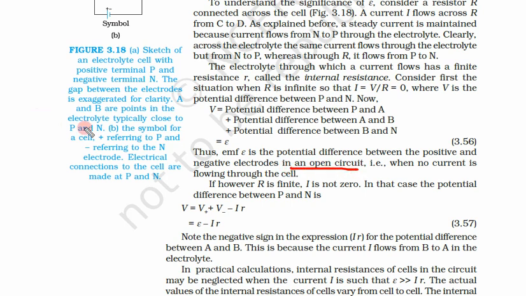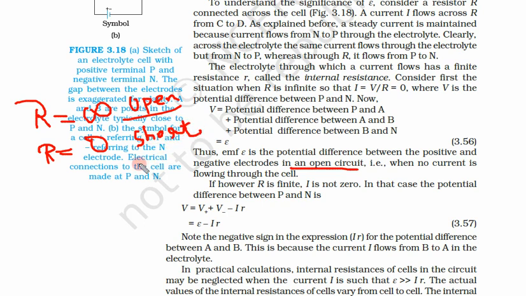In an open circuit, because the circuit was open, R was infinity. For an open circuit, R is infinity. For a short circuit, R is 0. This is open. In case of open, there is only air, and air has very large or infinite resistance. This is called short. Short has 0 resistance. That means it is connected through a wire. So these are two conditions.